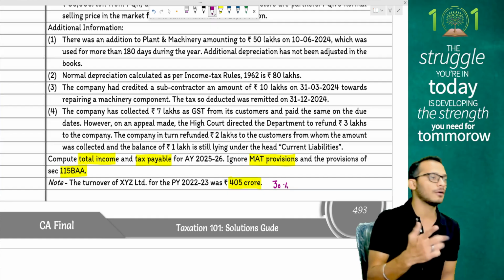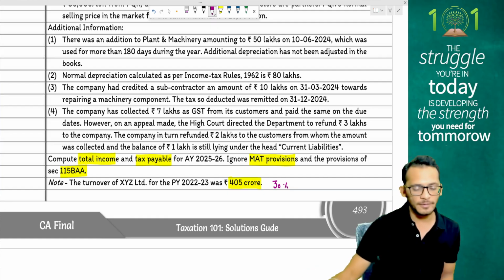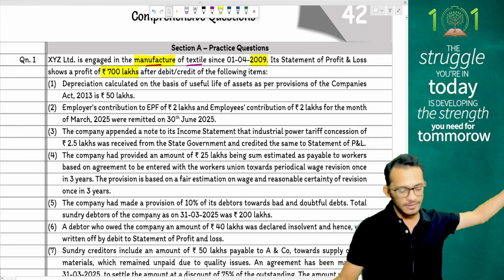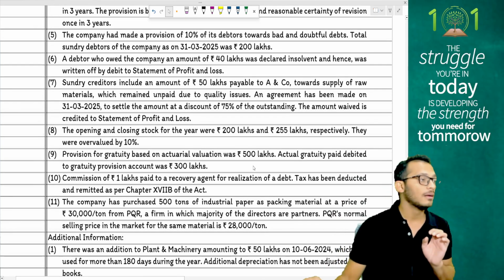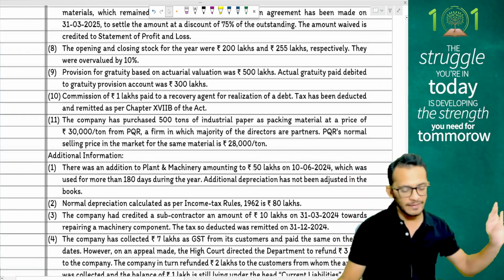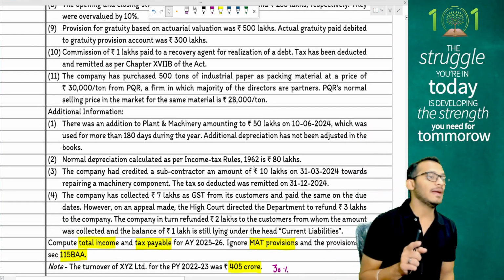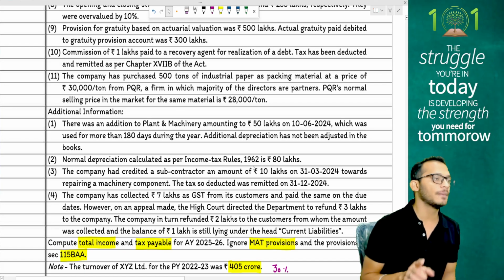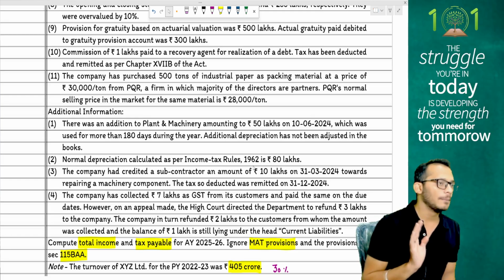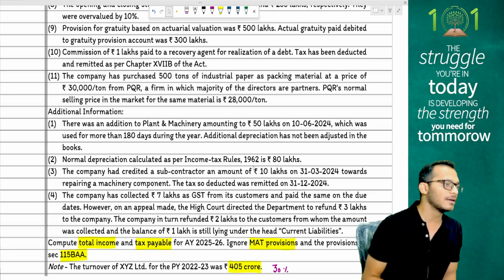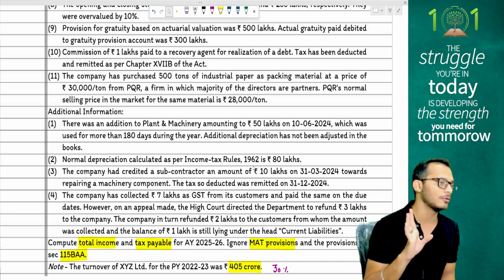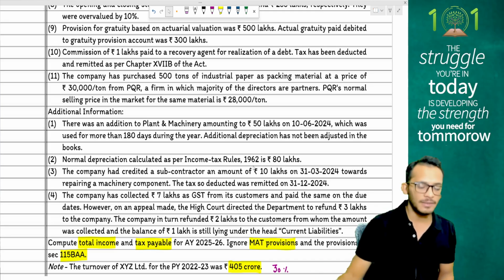Done with that. I am now going back to the top. If you notice carefully, on the top I have two things: some items given from 1 to 11, which are all items already there in the P&L, and then there is something called additional information. Items in additional information are normally not part of P&L unless the question says they are part of P&L. Let's keep that very clear in your heads, because one mistake from the additional information side, you may end up losing marks. So let's not do that.